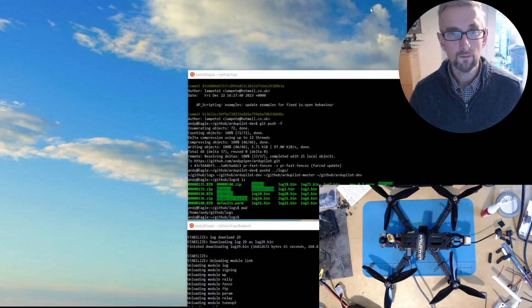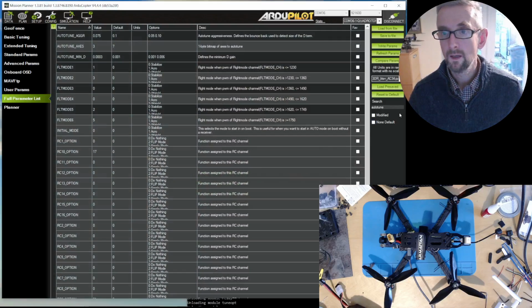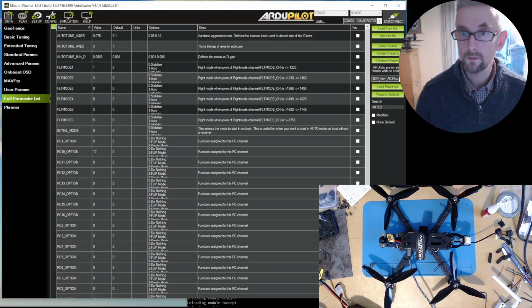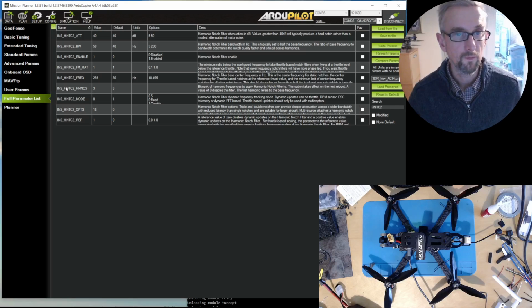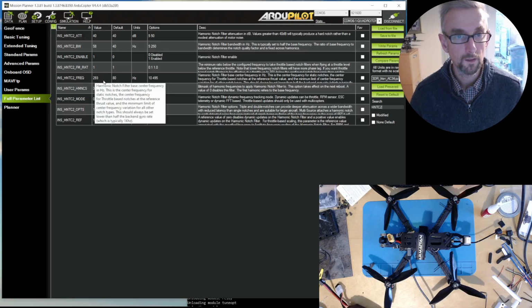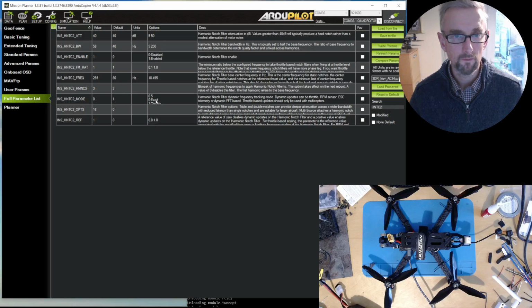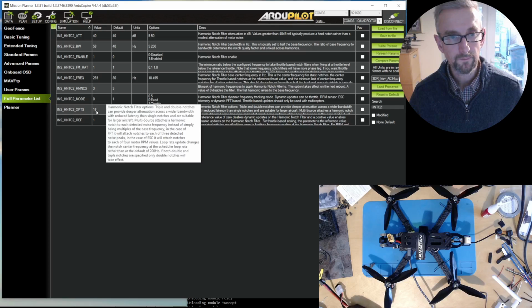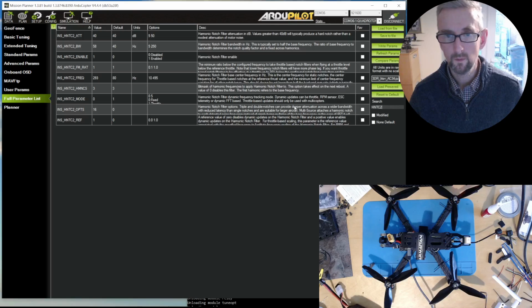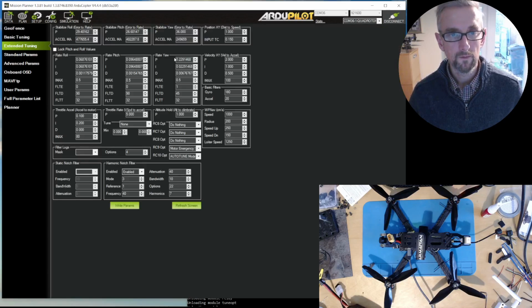If we go back to the settings, I'll show you what I changed. For the harmonic notch 2, obviously this is different for every copter, I set the frequency to 293, the bandwidth to 58, which is a fifth of 293, and I made sure mode was 0. Somehow it got set to 1, need to investigate why that happened, but 0 is the correct one for a fixed notch. And I set ops again to 16 to give me the triple notch. With those in play, I was then able to tune well, and this is a decent tune,